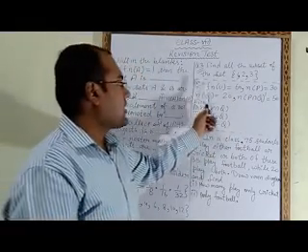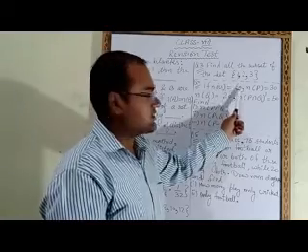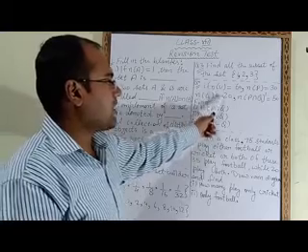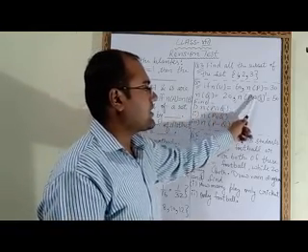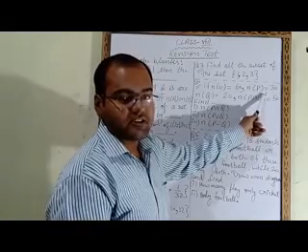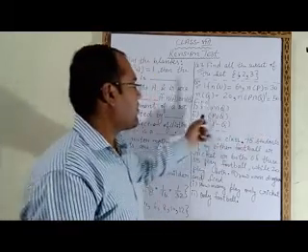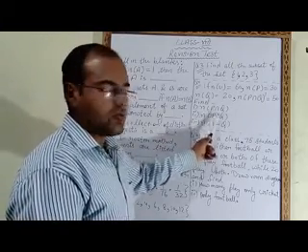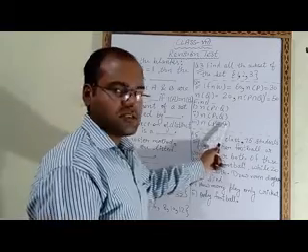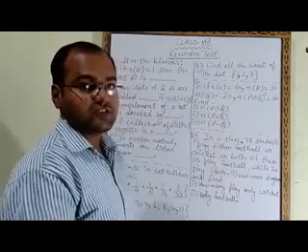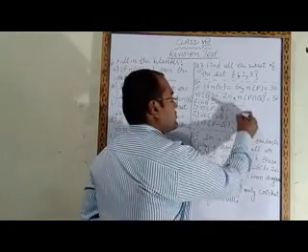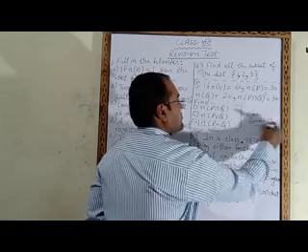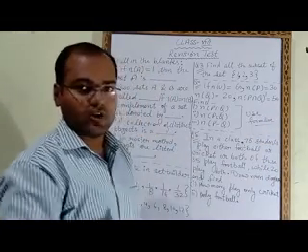The fourth question is: cardinal number of U is given as 60. Cardinal number of P is equal to 30. Cardinal number of Q is 20, and cardinal number of P intersection Q complement, this is the sign of complement, is equal to 50. Now we have to find cardinal number of P intersection Q, cardinal number of P union Q, and cardinal number of P minus Q. So in this question you have to use the 5 formulas I had given you. You have to use the formulas here.